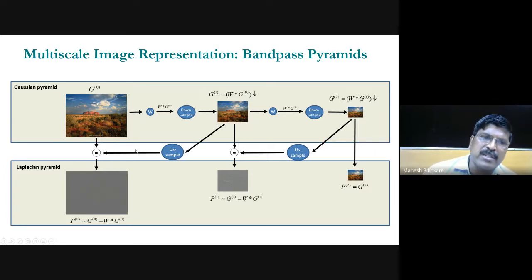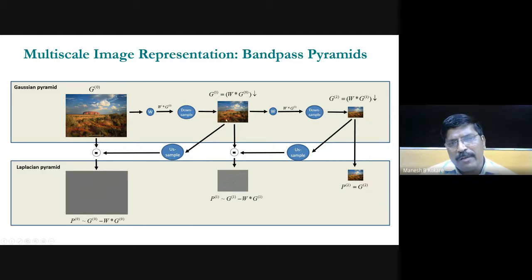So you have reconstructed that image, and you are taking just the difference between the original image and the reconstructed image. So you got this one. Now what do you see? This is the reconstructed image and this is the original image. Here high spatial frequency components are missing, whereas here both high and low frequency components are present. Subtracting the low spatial frequency component, only the high spatial frequency component will remain. That is nothing but the Laplacian pyramid, and high spatial frequency components are nothing but your edges. So you can see some of the edges are visible in this one.